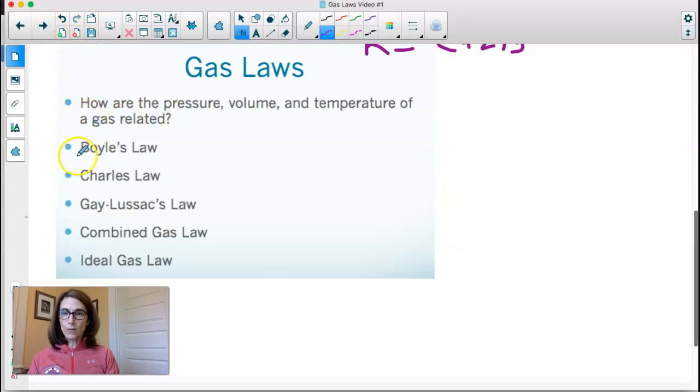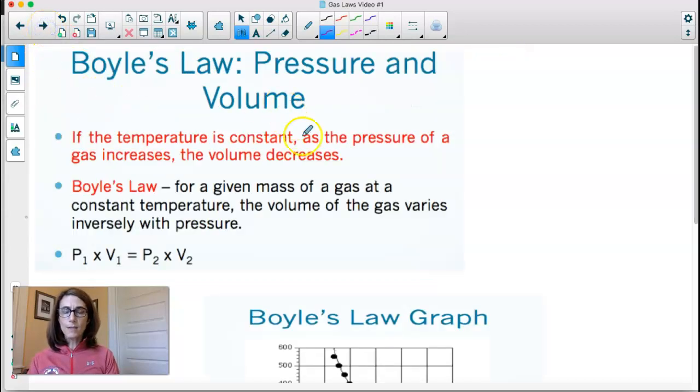So what we're going to cover today are Boyle's and Charles, and then you guys will have some practice to work on based on those two laws that we talk about. And they're really based on pretty simple algebra. So let's get started. So Boyle's law, okay, this is our first law, looks at the relationship between pressure and